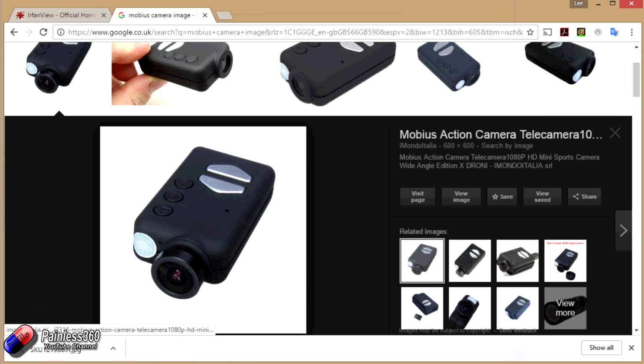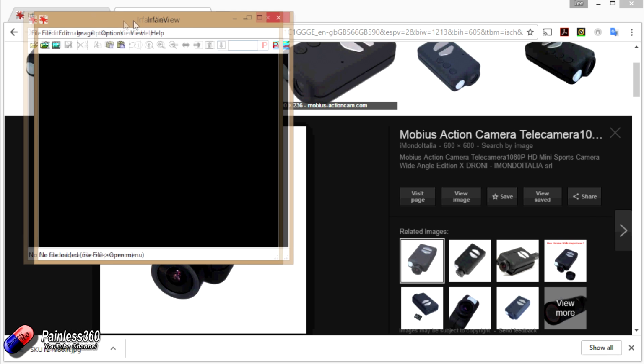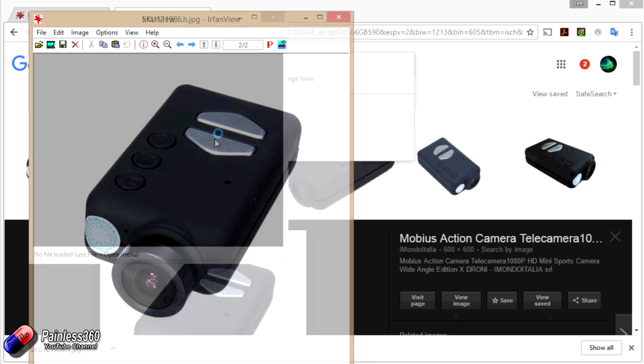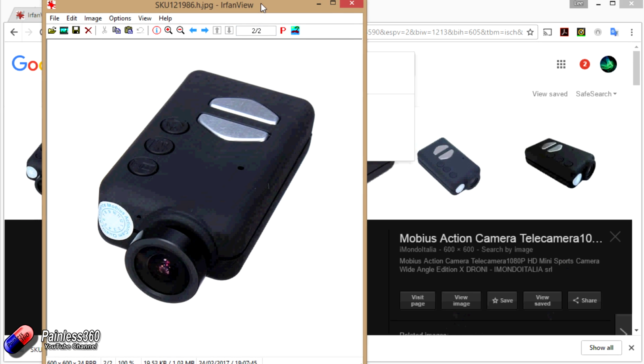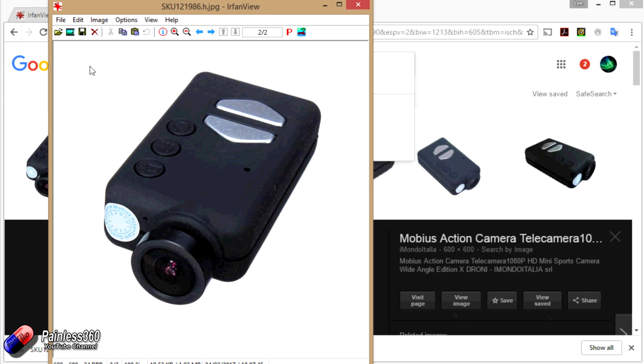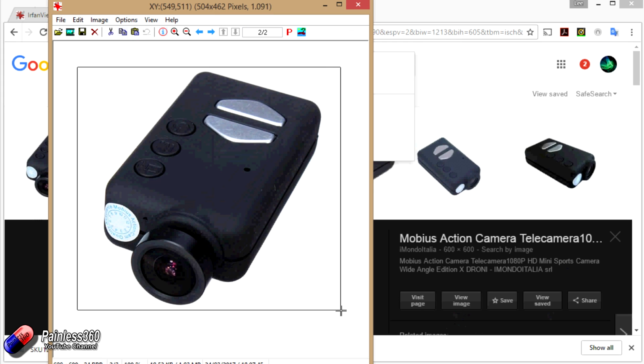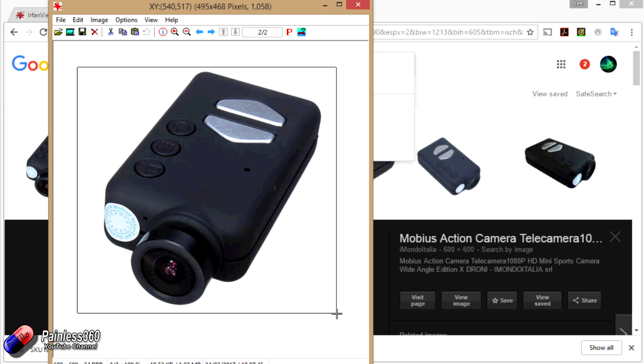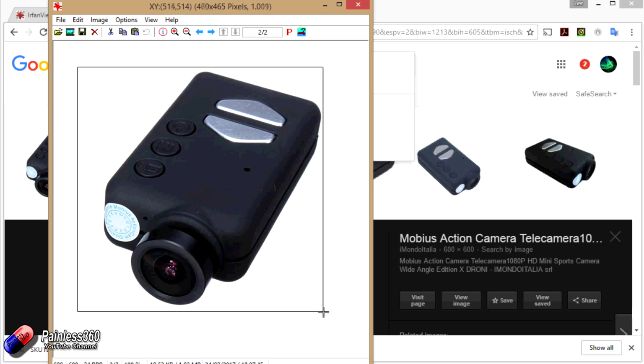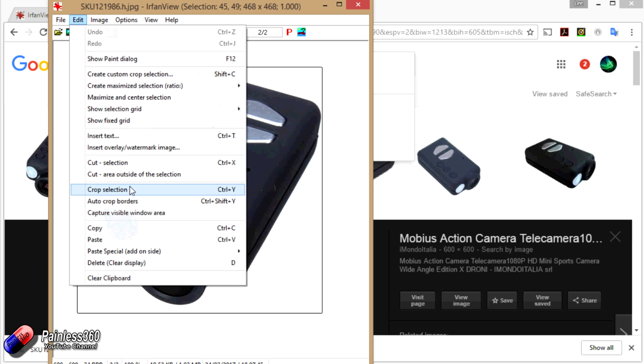Okay, and then what we're going to do is open autorun. Fantastic. And let's drag that image into it. There we go. Now, first of all, I'm just going to crop this to a box. On the top, you can see the numbers changing. I want the horizontal and vertical numbers to be the same. So at the moment, there we go. That'll work. And we'll go edit, crop to selection,